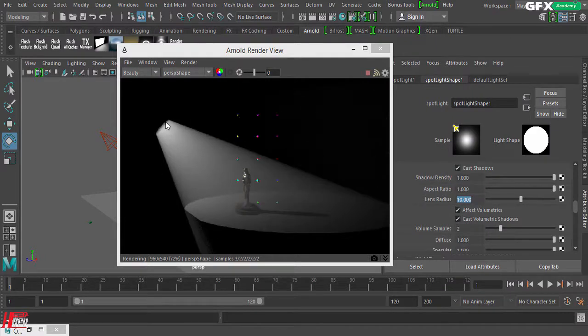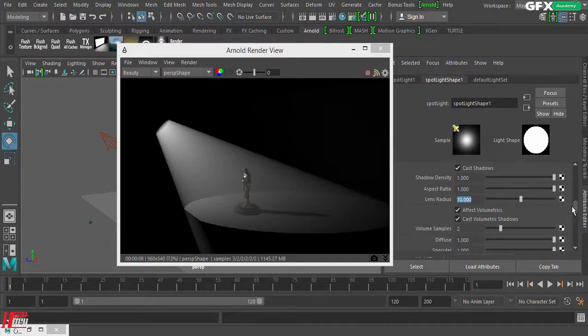See, now we have a different look of that corner of your spotlight. So when you want to achieve that effect and you don't want it to be like a cone, just use the lens radius. Okay, I need it to be like that, but it really